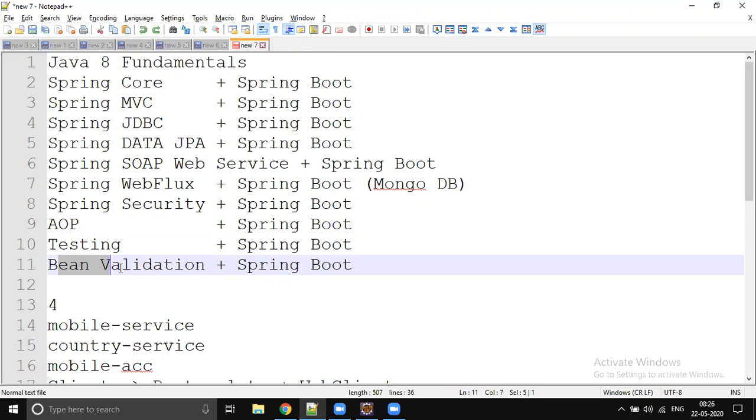So our goal is, by the end of this training, you should be able to write RESTful web services using JDBC, RESTful web services using Data JPA, SOAP web services using JDBC or Data JPA, both in the non-reactive way and reactive, right? So you can write reactive, and non-reactive also. And all your microservices are secured by using JWT token and have proper unit test cases with proper bean validation, right? So that is our whole target. With this, we are done with the development.